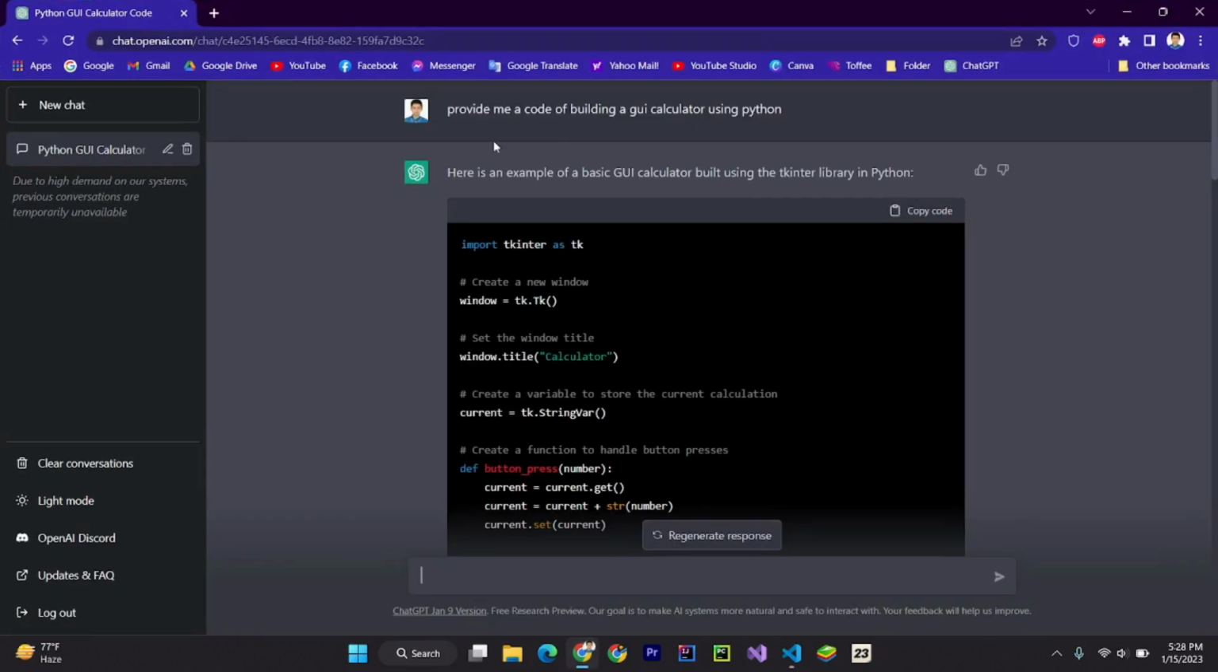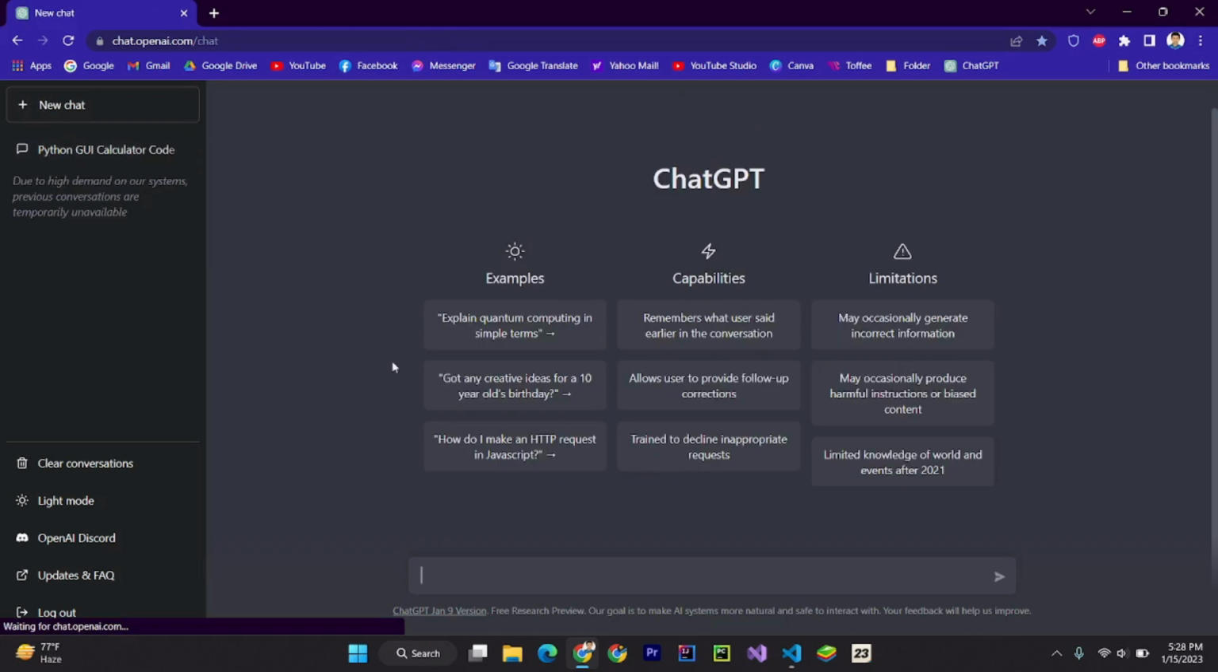So first you need to open chat.openai.com/chat and then you have to sign in with your Google account or sign up using your email. Then you can get this window. Then you need to write your command, and for example